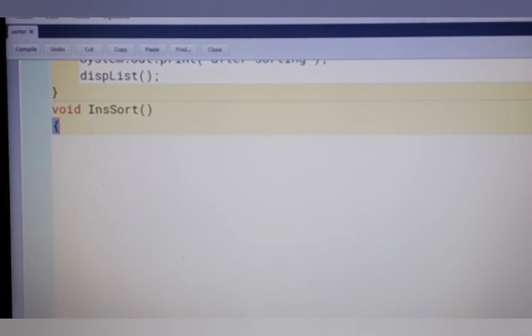In this function we perform insertion sort on the first 50 numbers and arrange them in descending order, not ascending. So here I am taking a variable temp and one more variable j.